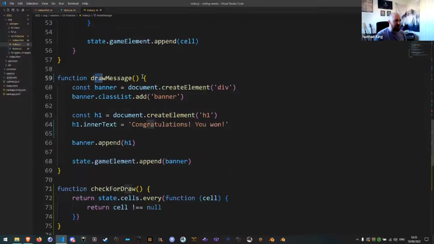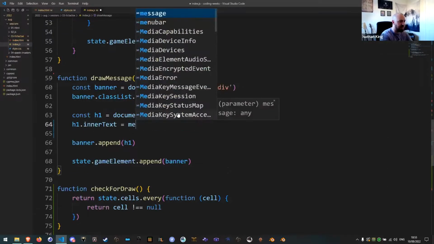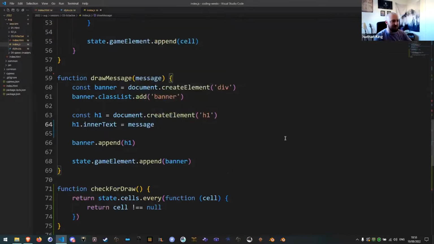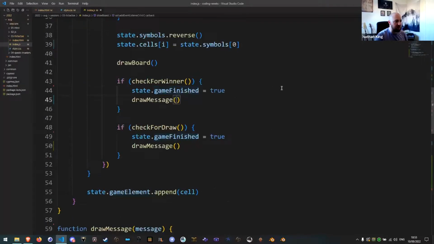So if we look at our draw message function, we've hard-coded in this function, congratulations, you won, as a string. And we're adding that to the inner text of the H1 element. I can probably use a parameter for this, right? I can give my draw message function some kind of parameter and replace this text with that parameter. And then when I'm calling the function, I can stick my message in here, right? So in this call, I can say, use this message, congratulations, you won. And this one, I can say,